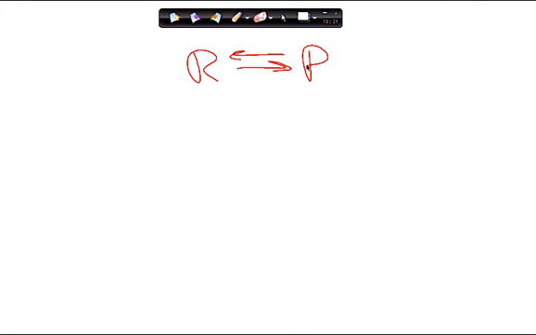Okay, so you ready? Here's how this goes. I'm trying to decide if I want to put this in a table or not. I don't think I'm going to. So guys, say that we allow this reaction to come to equilibrium,